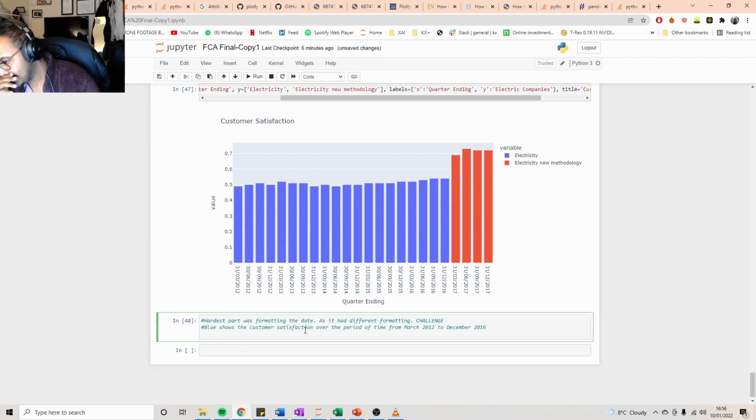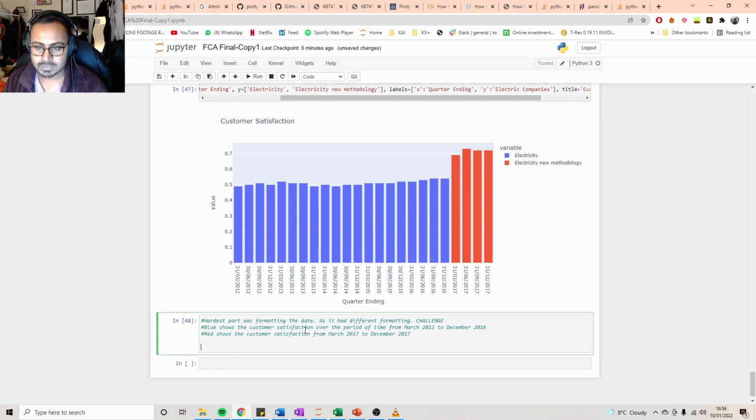And I'm thinking what can be done here. Red shows the customer satisfaction from March 2017 to December 2017. Okay, now this is quite important to understand because